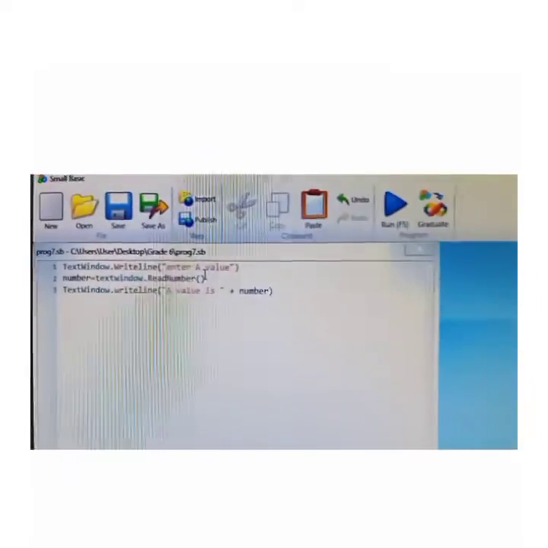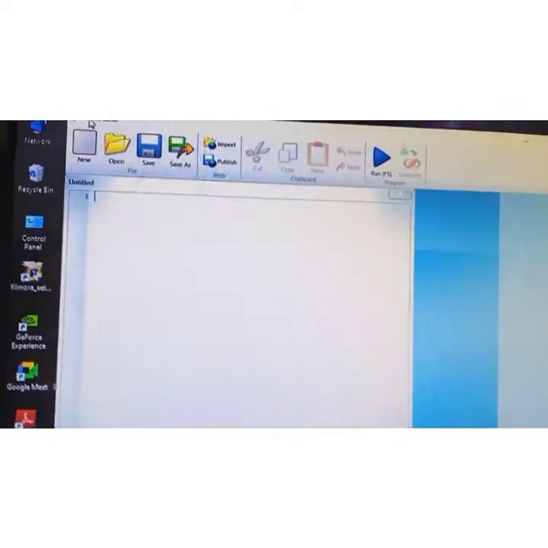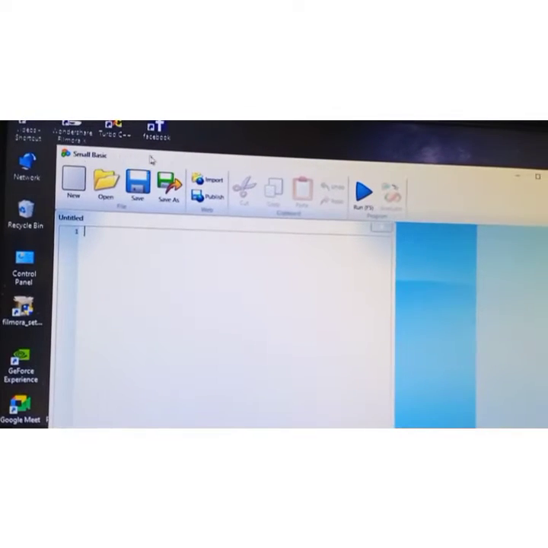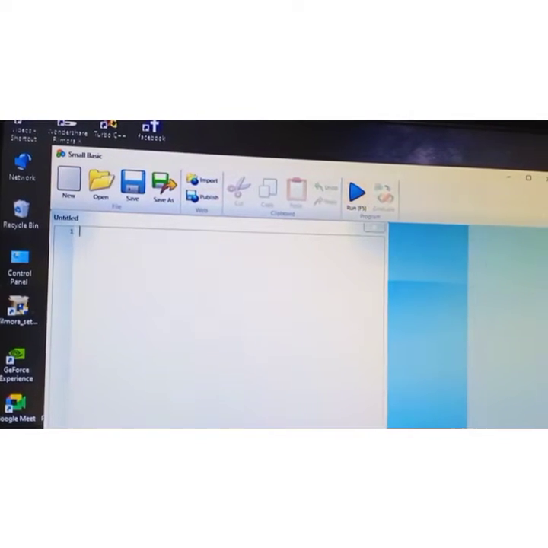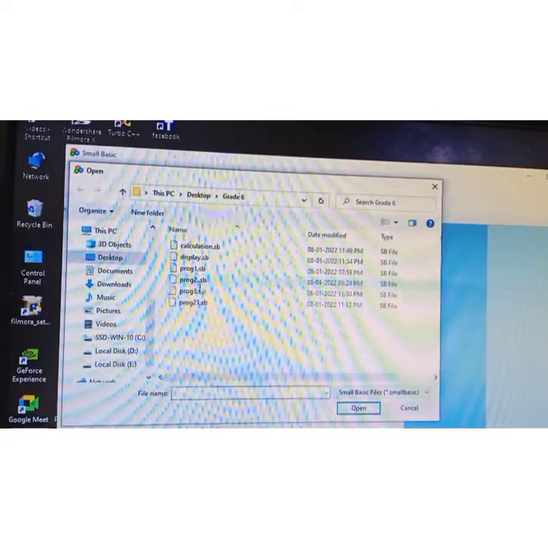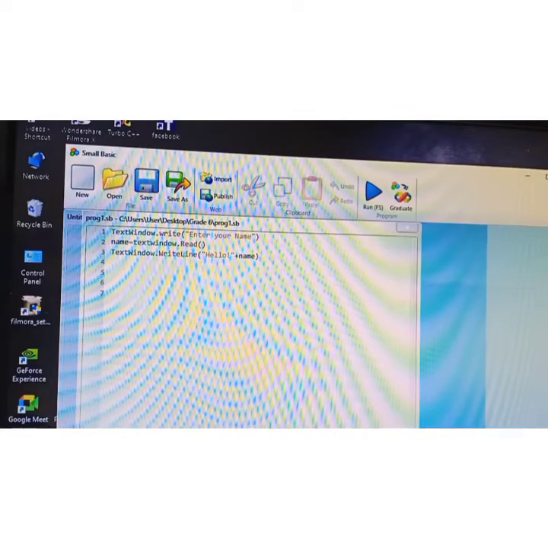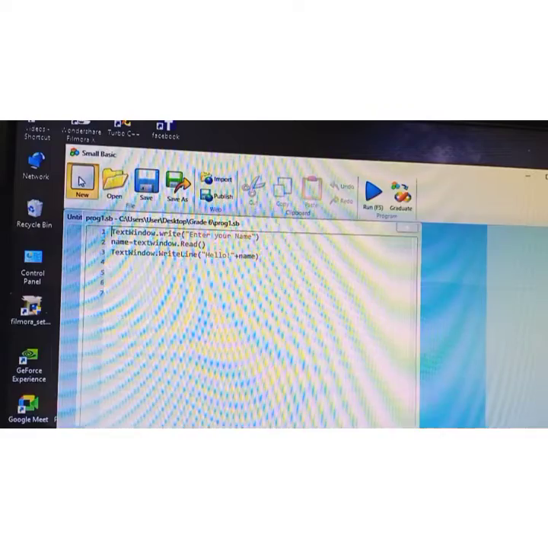Initially our file name is untitled only. So this is my new file. Here I am going to type a new program. If you want to open the old programs, you can click open, then choose any one of the old programs. So now you understood how to create a new file, how to open your old file, how to save everything. You cleared, right?